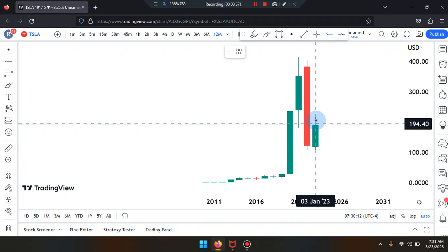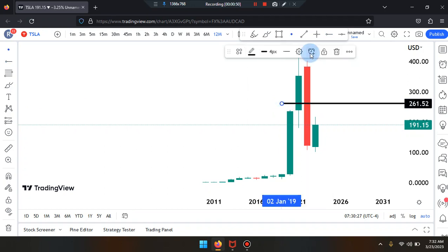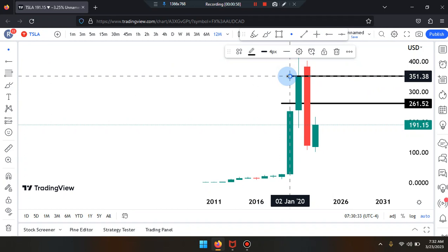We can see that price action did lose some momentum. So if market price decides to push up with this candle or the following candle, price action can head up to the midpoint of the second to last candle, nearing the numbers of 261.51. If price action pushes up further, it can push up to the high of that overall structure, near the numbers of